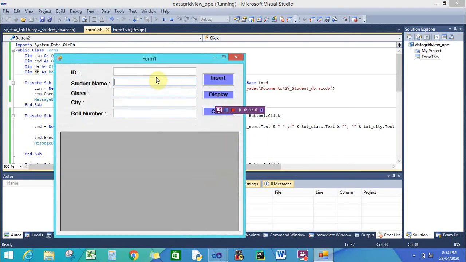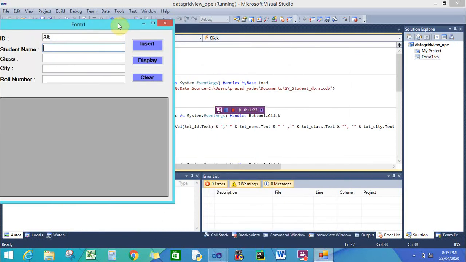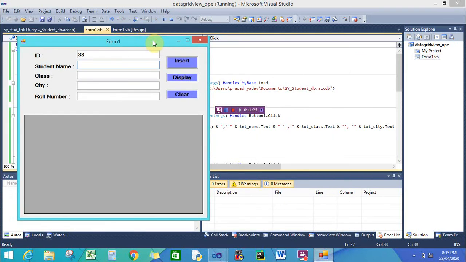Database is connected. Suppose I want to add ID number 38. Then student name is suppose Priya Patil.